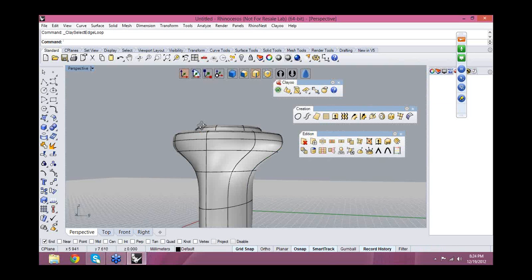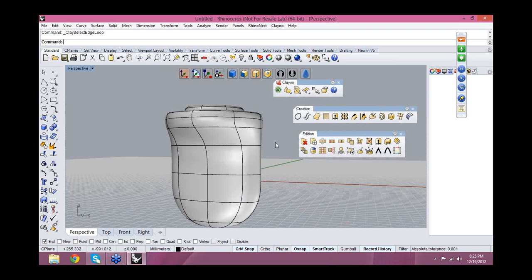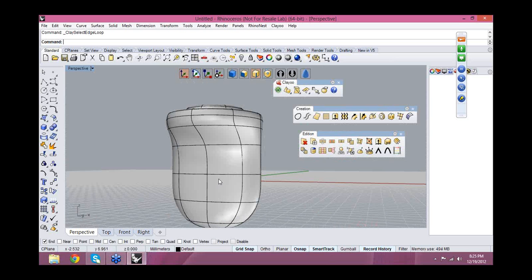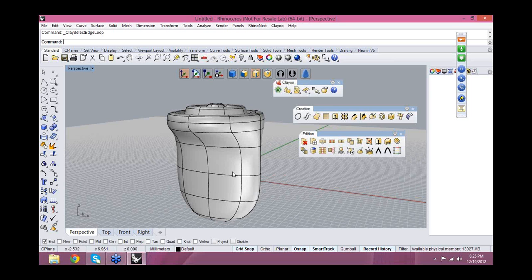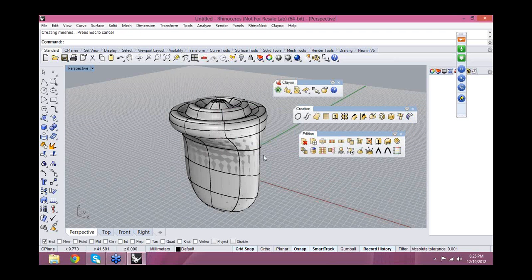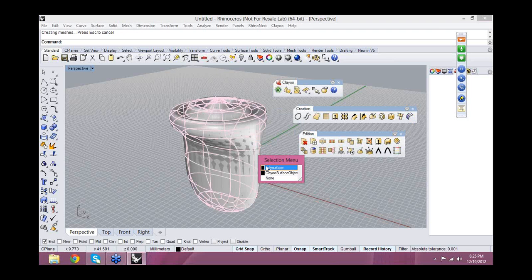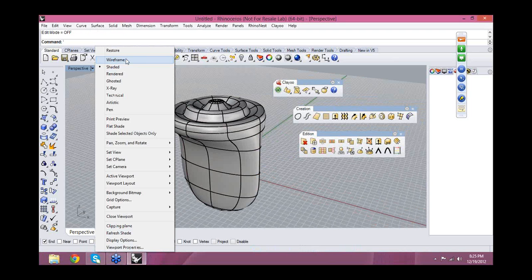Then the last step, just we need to create the boolean, and that's it. The idea is we can do a hole here, okay, but we need more time to do it. Then the easier way or the fastest way to do that is, now I want to convert to NURBS, okay, say no. I select the Clayoo and I hide it, okay. And the idea now, we have a solid, we come to wireframe and we use the Rhino option, extrude, okay,